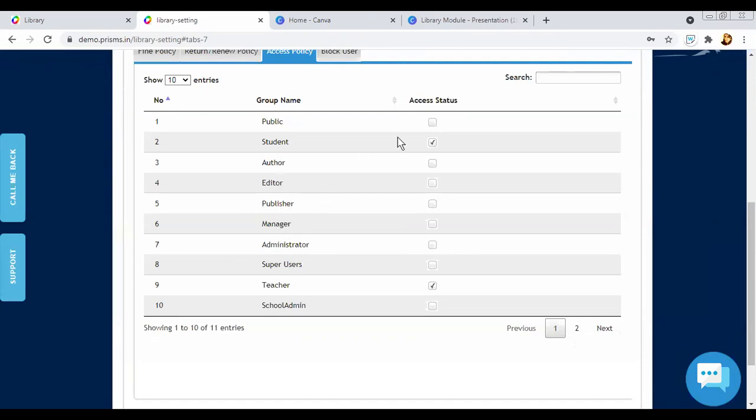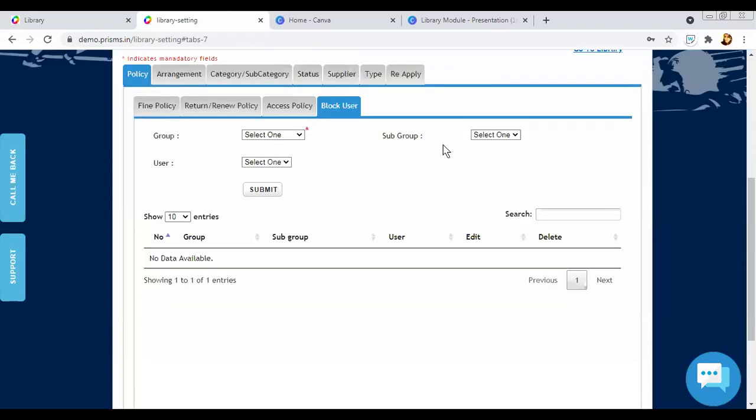It's showing all the group names. Or the profiles. Profile names. Yeah. Okay. And block user, in case someone violates the library norms, then they can block that particular user. So he or she won't be able to issue any books.